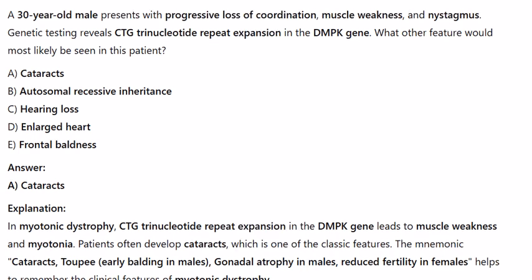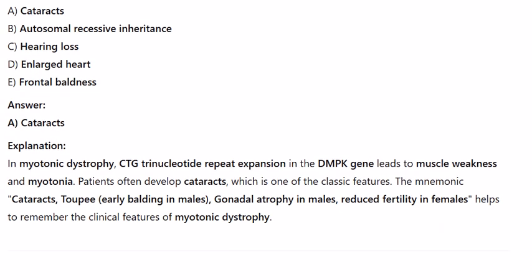and myotonia. Patients often develop cataracts, which is one of the classic features. The mnemonic, cataracts, 2P, early balding in males, gonadal atrophy in males, reduced fertility in females, helps to remember the clinical features of myotonic dystrophy. These questions focus